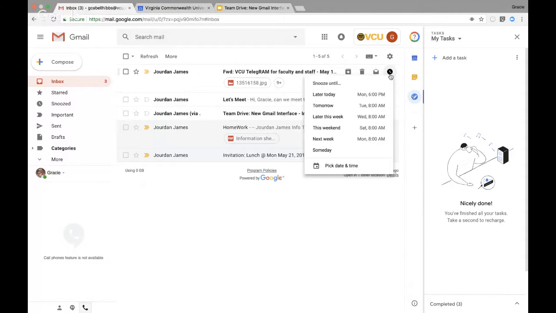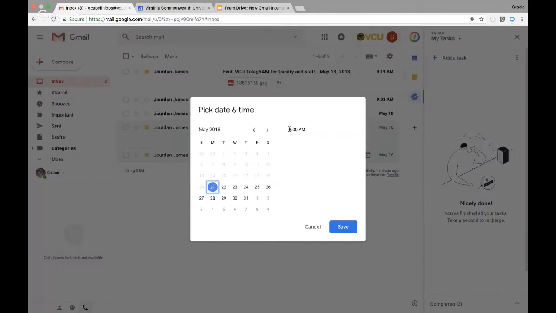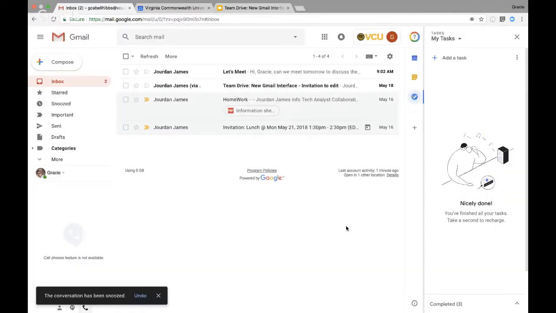The message will quickly disappear from your inbox, so I will do a custom. What time do we have now? I have 12:16. So I will do today for 12:18. The message is going to drop from my inbox, but it will appear back at 12:18 saying, hey, this message was on snooze, just so I know that something needs to be done. It's a great way to not forget about messages,